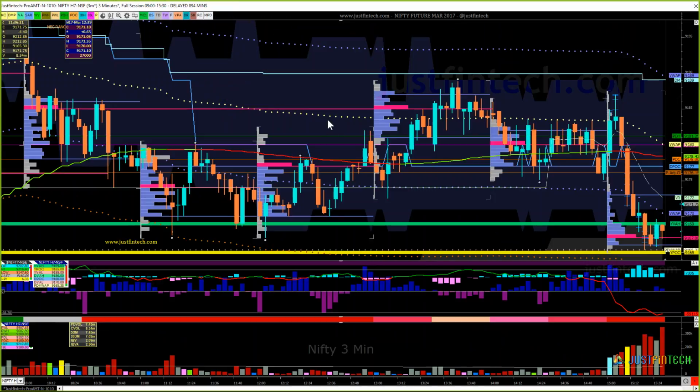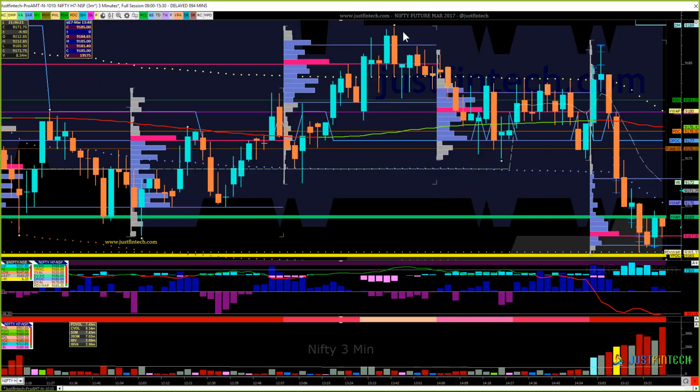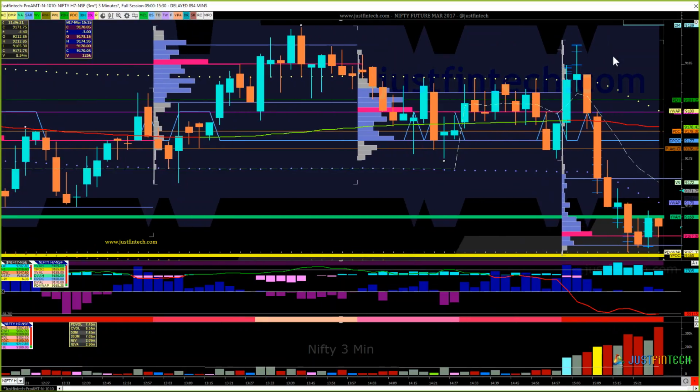Now let's have a look at the 3 minutes. So we have this pullback into the day mid and then start falling. Create a balance, break down from that balance, again create a big balance. Break out of that balance and go fall short of day mid and then start coming down. There was a thrust up again and this found a lot of sellers, and finally that